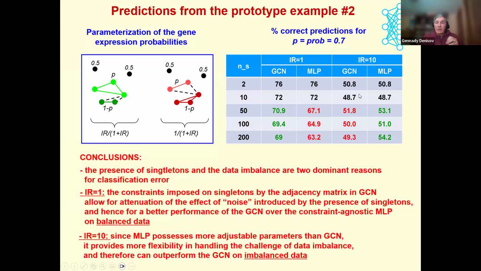And we will see later on in the biological example that many of these trends also hold for the real biological example. In particular, the singletons can indeed be regarded as noise. With data including singletons, we will generally get a worse result, less accuracy. And when the data are imbalanced,